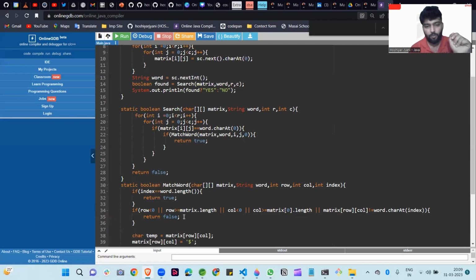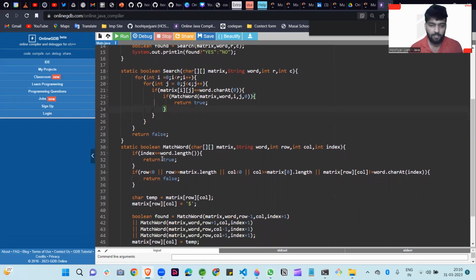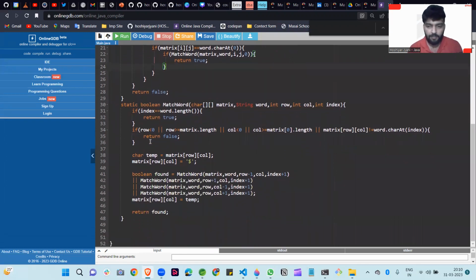If it returns true, then it returns true from here, passes the value, and prints yes, otherwise it prints no. Because if we do not find even a single character here, then the return false statement is executed. Otherwise, if this is executed, then our algorithm works properly.